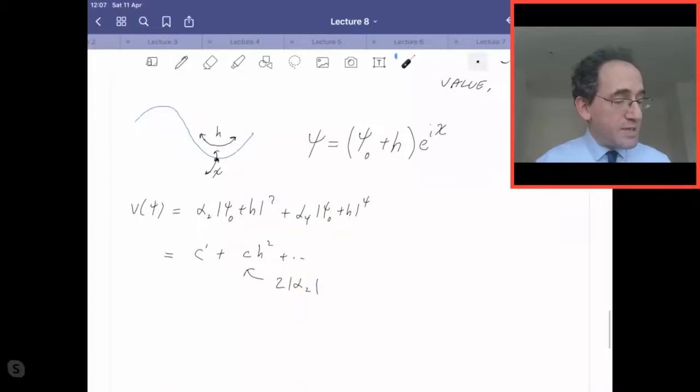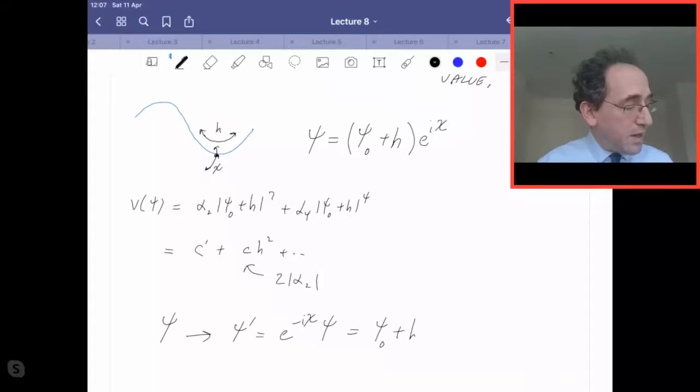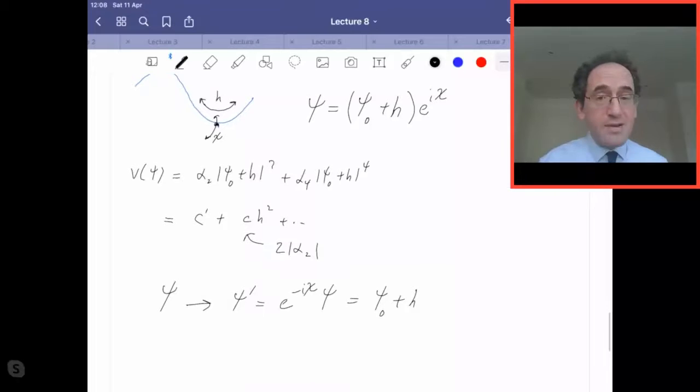So this is a rather interesting thing to do. We're always going to work in a gauge where psi prime is e to the minus i chi times psi. So psi prime is always going to be a real valued field, psi naught plus H. So psi is no longer a complex valued field. Psi prime is now a real valued field because we got rid of any fluctuations around the bottom of the rim